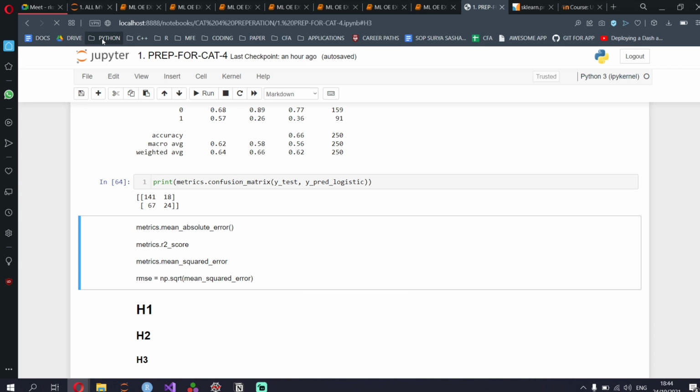I'll clean up this entire notebook today night, and if you guys can refer to it as soon as you can, you can ask doubts so we can get it cleared beforehand itself. If I did miss something, please let me know right now.